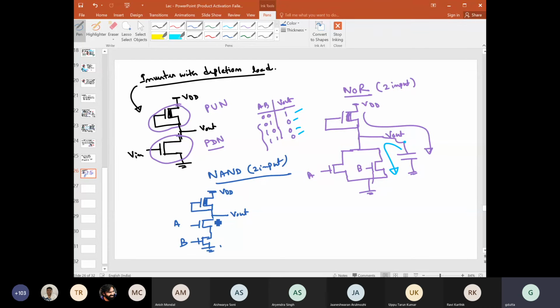So that means only then the V output is connected with the ground and the output will become 0. For any other condition, if this is off or this is off, the V output is disconnected from the ground, then the output is expected to be high. Again, when I say 0 means logic 0, it is not actually equal to 0 for this case. Right. So I think this is more or less the discussion on this topic,